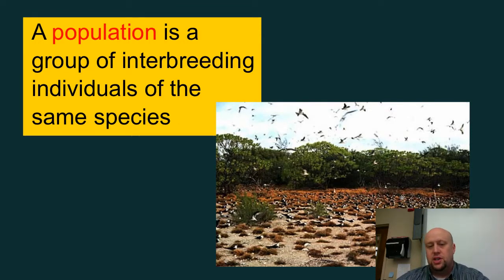So if we look at all these birds here, they're pretty much all the same species. They can interbreed with each other, and so collectively we call those a population. Remember that we could also have a community where we've got a bunch of different species, okay? And then if we add in the abiotic factors, then it becomes an ecosystem, okay? And if it's a large, stable ecosystem, that becomes a biome. And so population is sort of that level a little bit below the communities and the biomes and the ecosystems